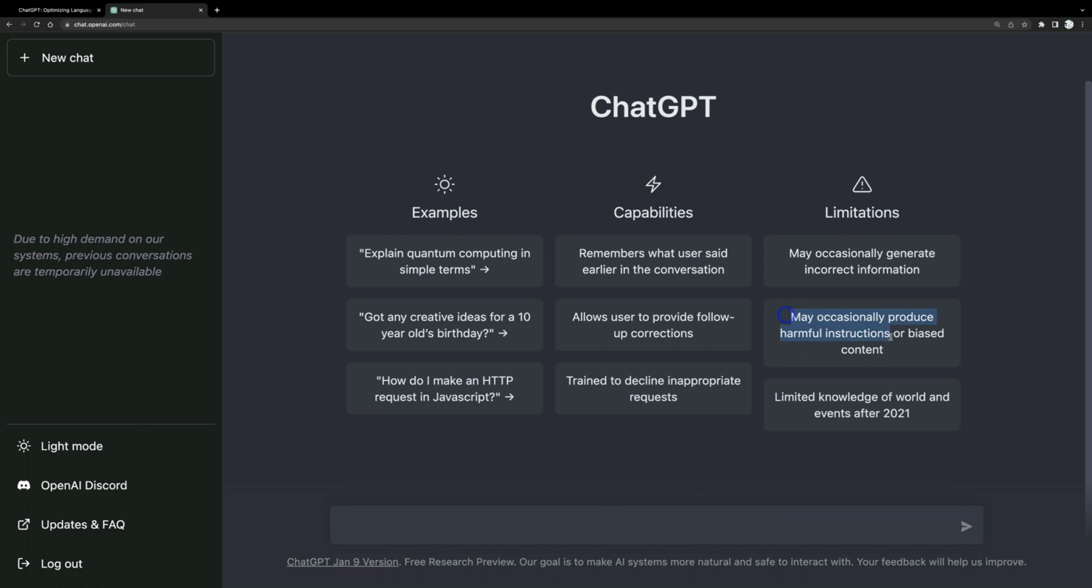So it may occasionally produce harmful instructions or biased content and generate incorrect information. Cool. Now, you can create the new chat here. Let's type our first query here, right? If you are a developer, for example, a programmer, it doesn't matter, then you can ask this: what